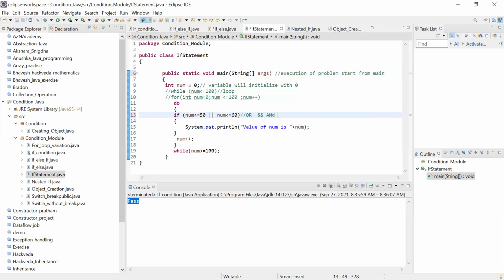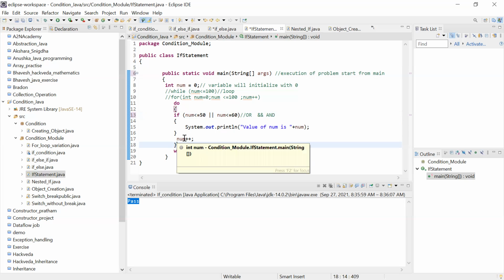Similarly, in place of this, we can write this also, which means the AND operator. The AND operator says if both conditions are true, only then I will come inside and print this. Now here 0 is less than 50 and 0 is less than 60. Both conditions are true, so you will come inside here. You will print the current value of num, which is 0.